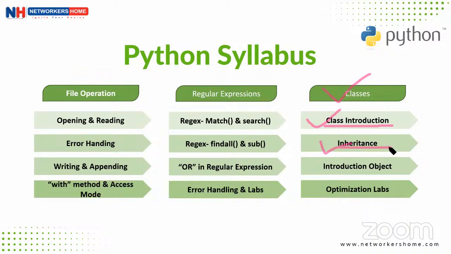So we will understand the inheritance way. Then we'll have an introduction to objects and how you access those features from the classes, and we'll have a lab to practically demonstrate how we inherit and implement them in Python automation. Okay, now